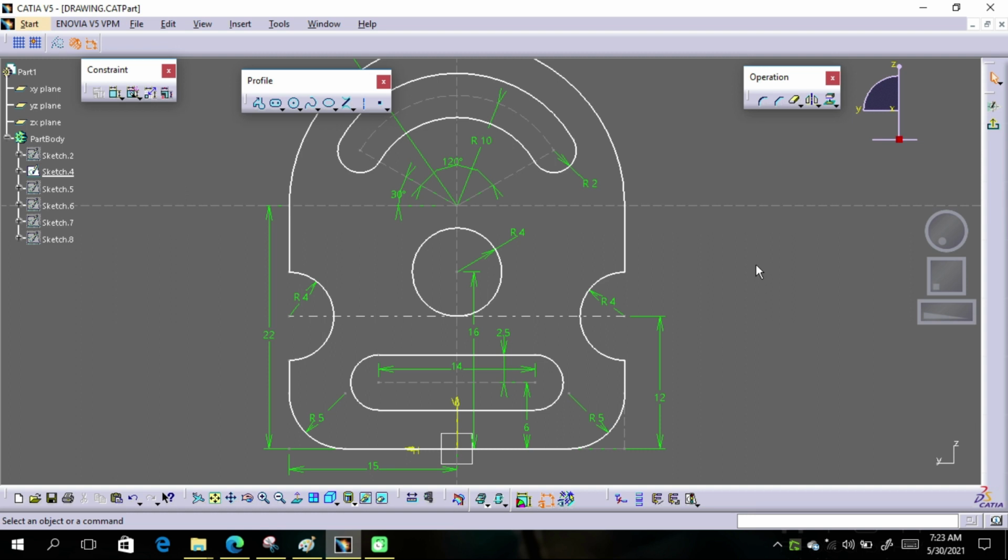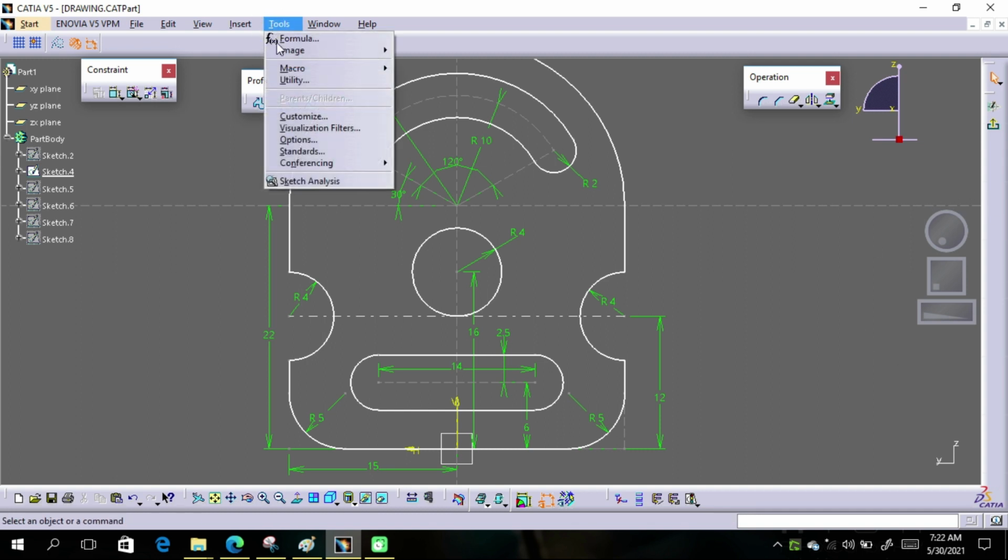Like AutoCAD, you can zoom your screen through your wheel rotation, but in CATIA when you rotate your wheel your design tree moves up and down. So keep it in mind, okay? And you will feel your CATIA software doesn't have this transformation pad. So I'm going to show you how you will get this transformation pad.